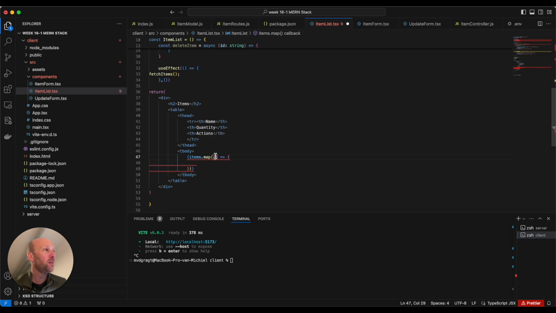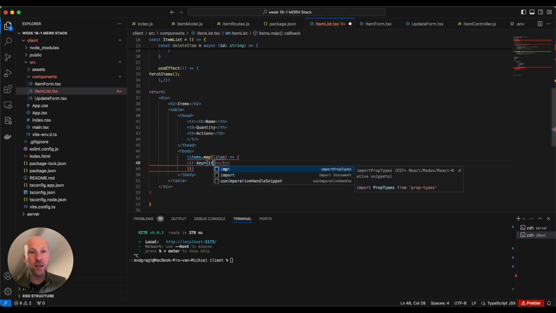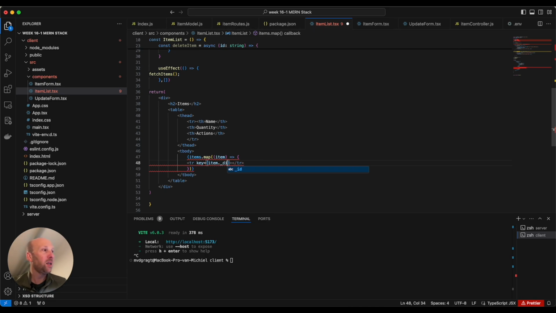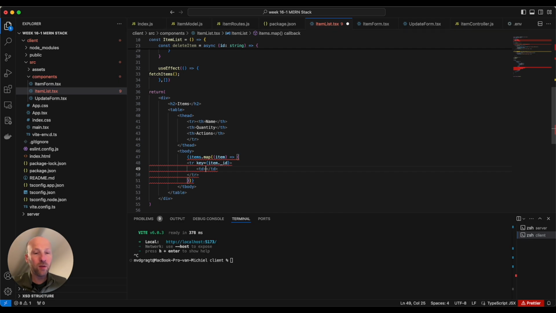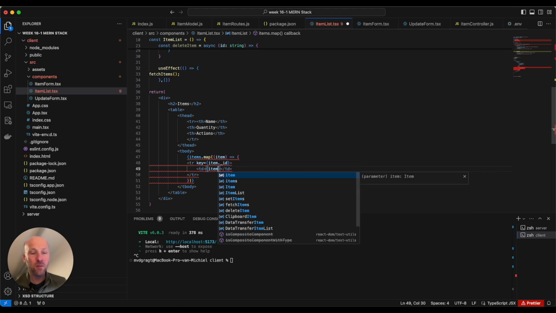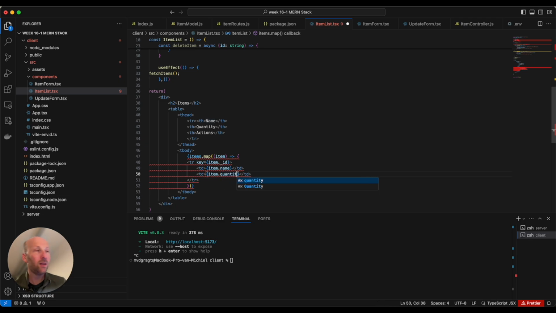And per item, what we want is a new table row, and it needs a key, which is going to be the item.id, and then we want the item.name, and item.quantity,